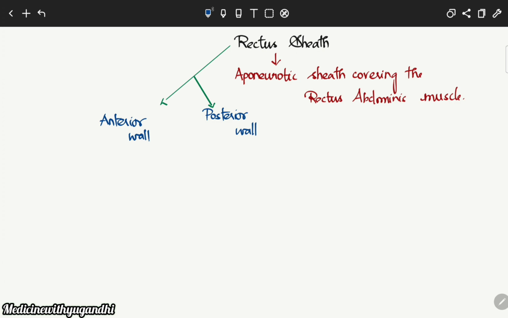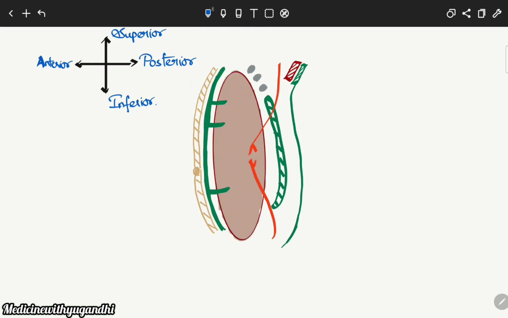In this video particularly we are going to see about the formation of the rectus sheath, then the contents of the rectus sheath, and then the functions of the rectus sheath. What you are seeing here is the sagittal section of the rectus sheath, and you are looking at it from the left side of the body. That is the longitudinal cut section, and as I have mentioned here, this is the anterior portion, here it is the posterior portion, this is the superior portion, and here you can see the inferior portion.